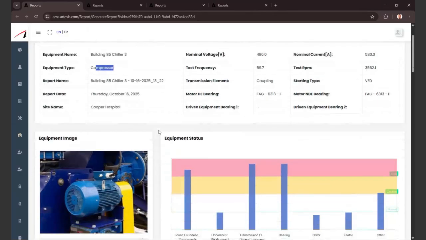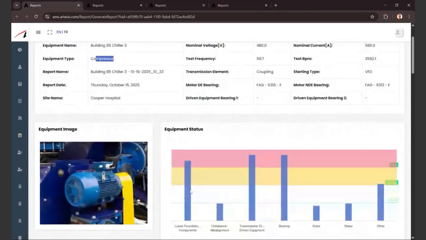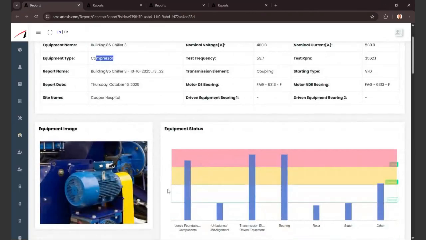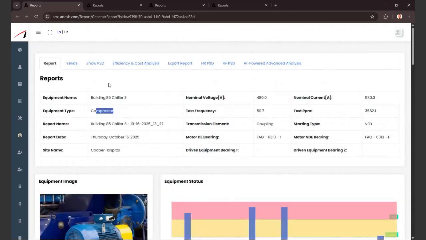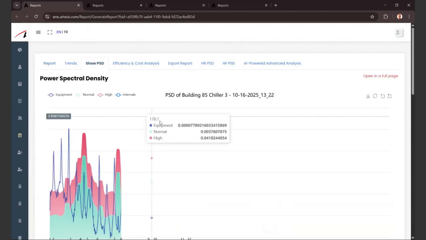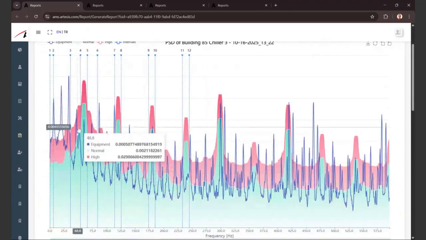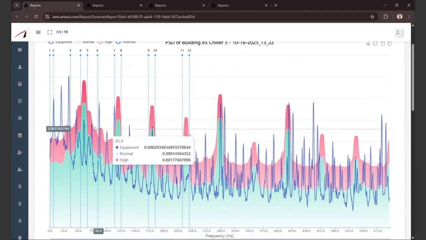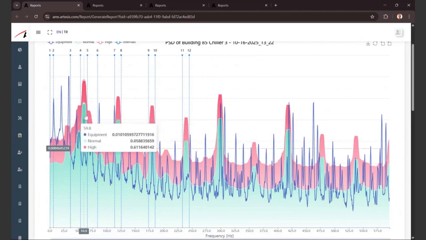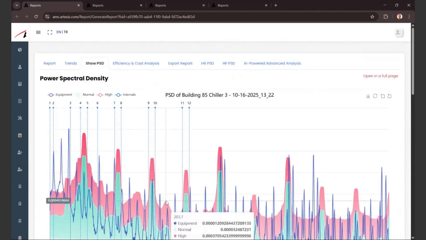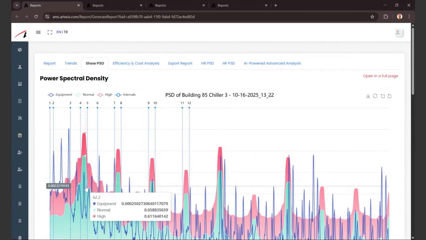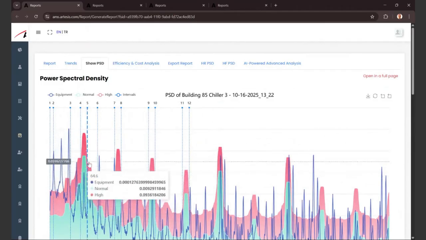So now, what do I do with this information? I already know that there's some electrical issue coming from the VFD, and I know that I have these 3 issues on my asset, on the compressor. I can go into Spectrum and look here, and if I know how to do the spectrum analysis, I can do that. Of course, even if you don't know anything, you can see there's a lot of peaks here, which tells you something, right? So if you know how to do the spectrum analysis, such as if you see 1x,